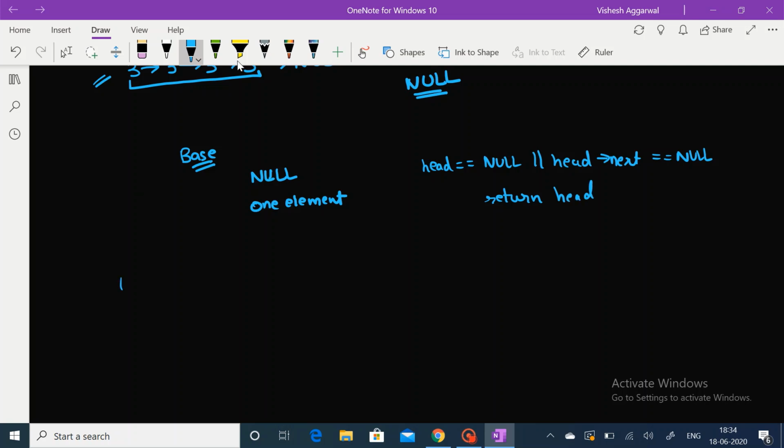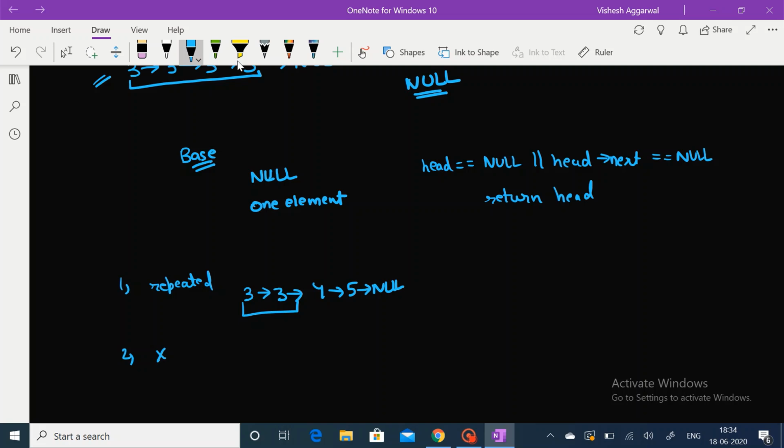Now there are two cases possible for the head value, if it is repeated and if it is not. So first see what we have to do if the head value is repeated. Suppose this is the linked list 3, 3, 4, 5, null. What do we have to do in this? We have to remove these two threes. So we can do one thing.